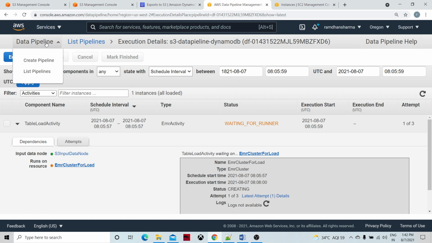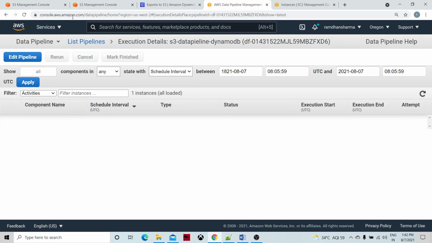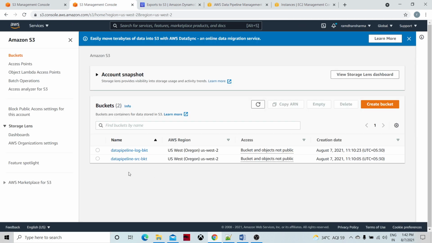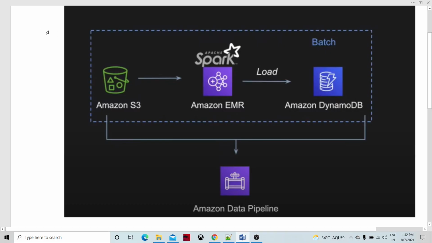Okay, and data pipeline, create list pipeline, testing the pipeline. The pipeline is healthy and all. Now let's look at this data pipeline.